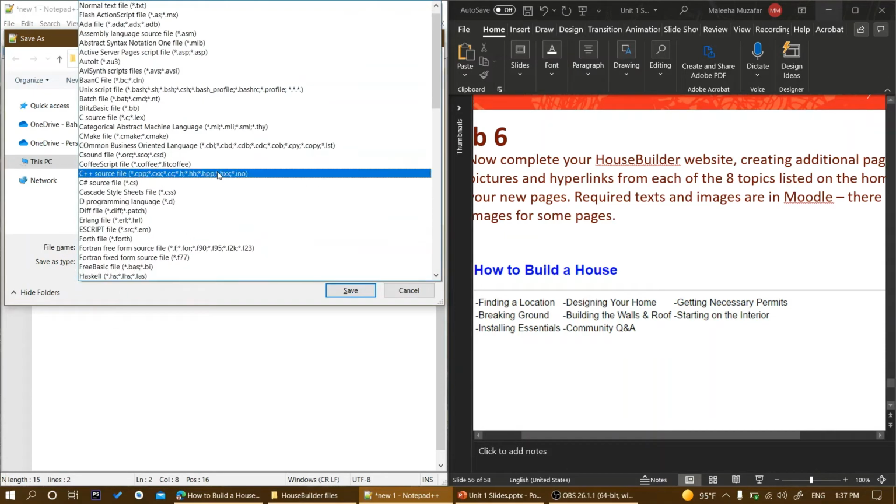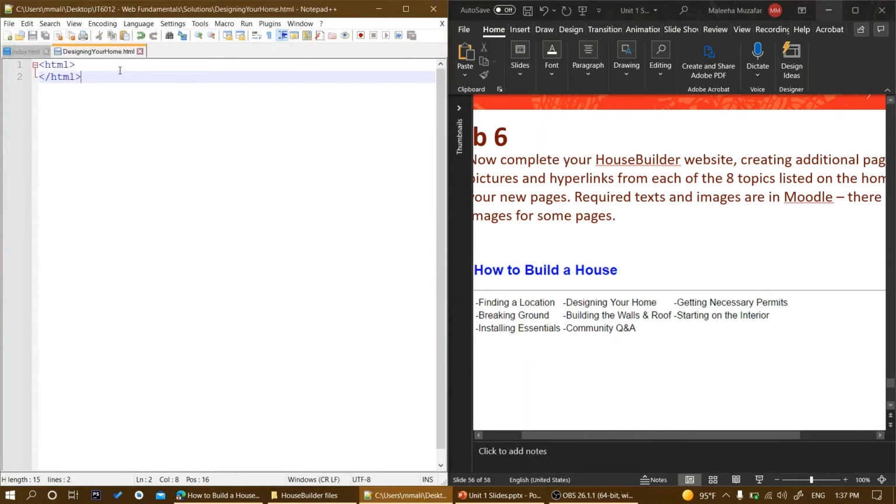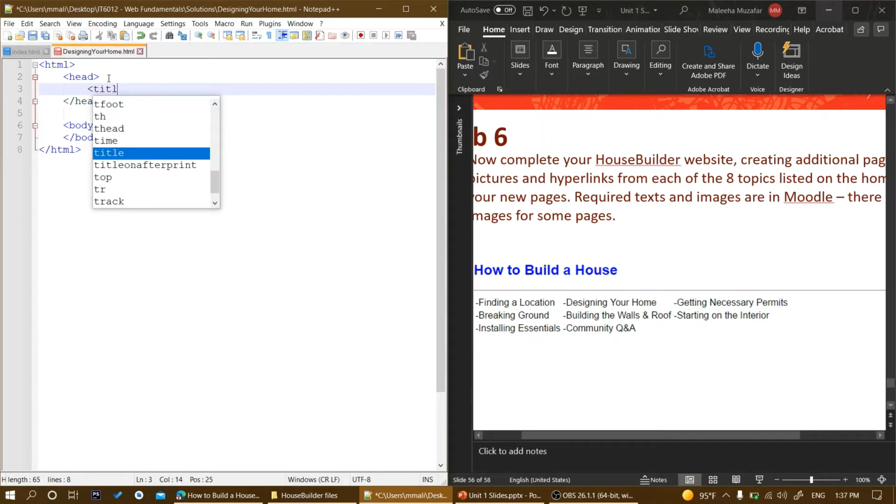And don't forget to change the type. Save it. And now I have the HTML page. I should put head tag, okay, and then the body tag. Perfect. I'll give it a title, same as the name of the page,